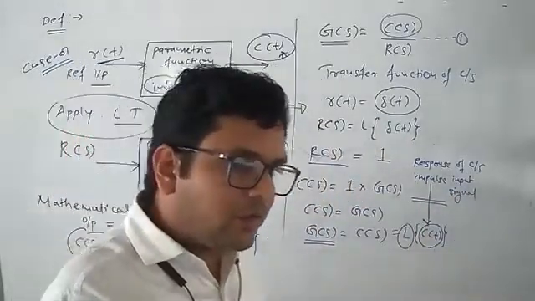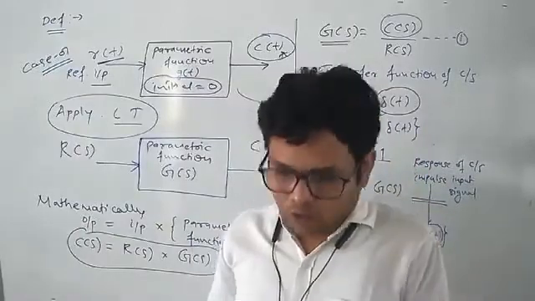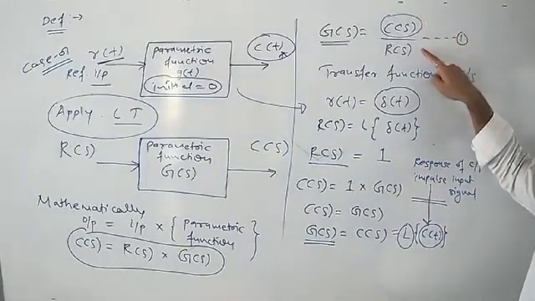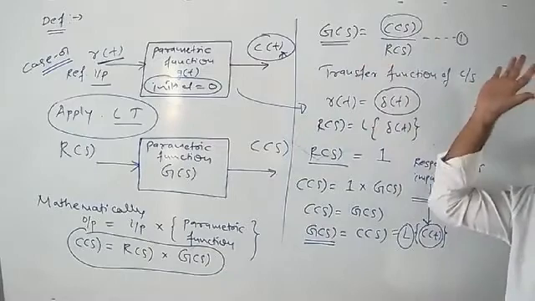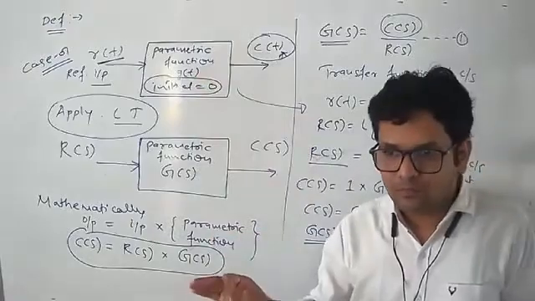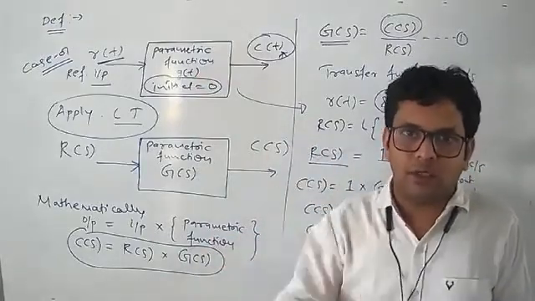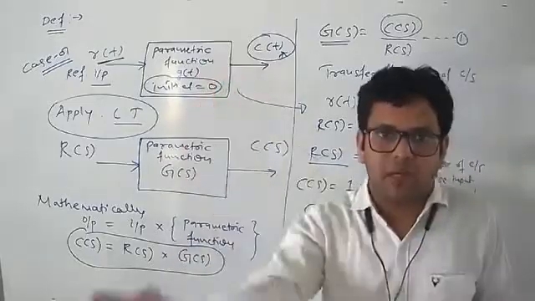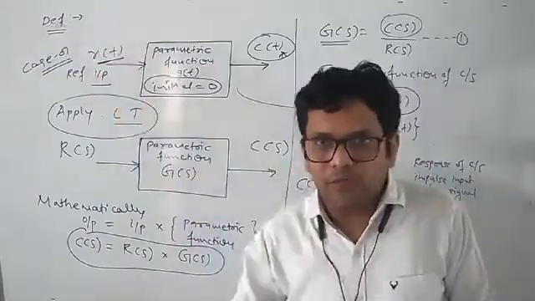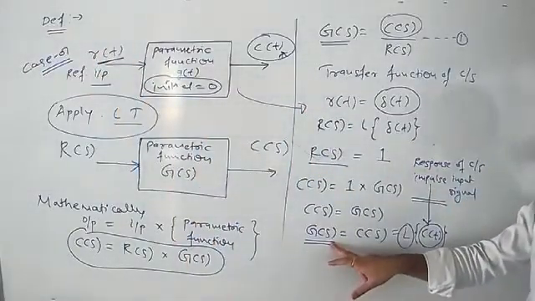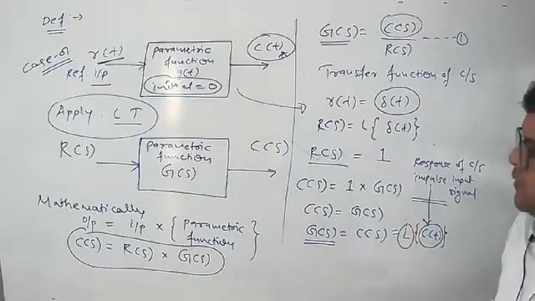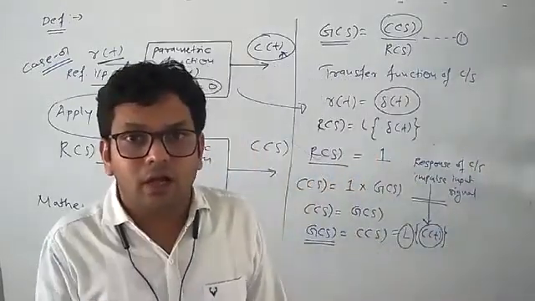So this is another technique to define the concept of transfer function. So first definition is it is nothing but the ratio of Laplace transform of output by Laplace transform of input by assuming all initial conditions to be 0. Second definition is it is nothing but a parametric function of a system which is normally defined in frequency domain by assuming all initial conditions to be 0, and it only depends on system parameters. It does not depend on the type of input which is applied in the form of excitation to it. Third definition is sometimes transfer function is also defined as the Laplace transform of impulse response of control system. So in this way we have the flexibility to define the concept of transfer function.